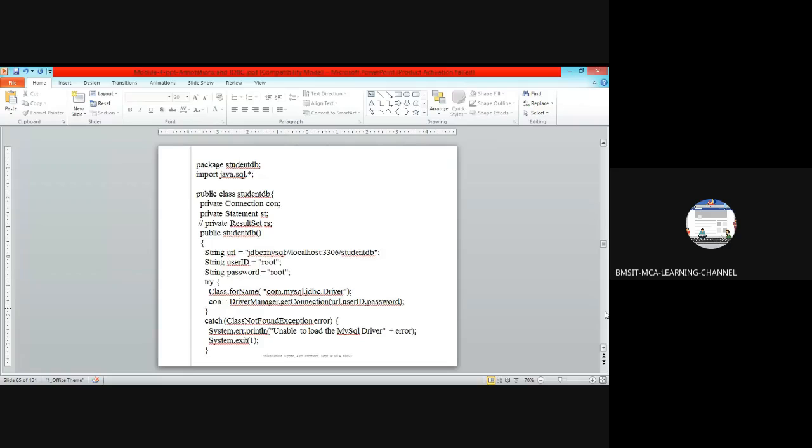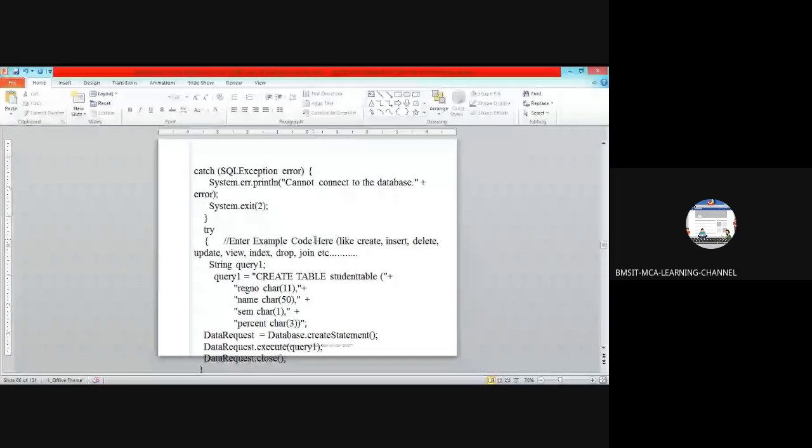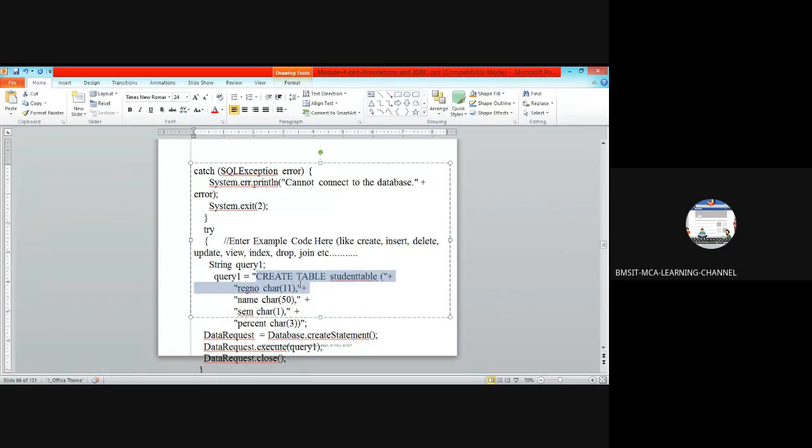Then the next step is create statement. Example code to create, insert, delete, update, view, index, drop, join, etc. So many things you can do to talk to the database. The one which you are going to do first is create table.